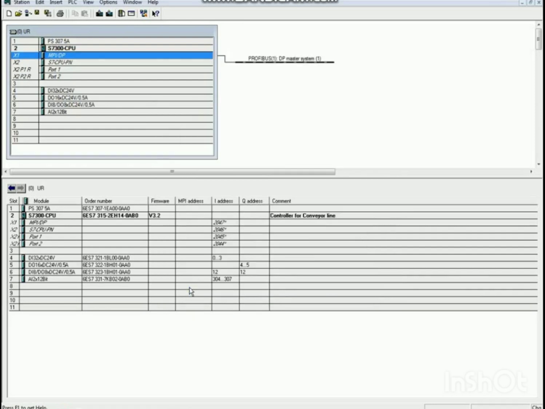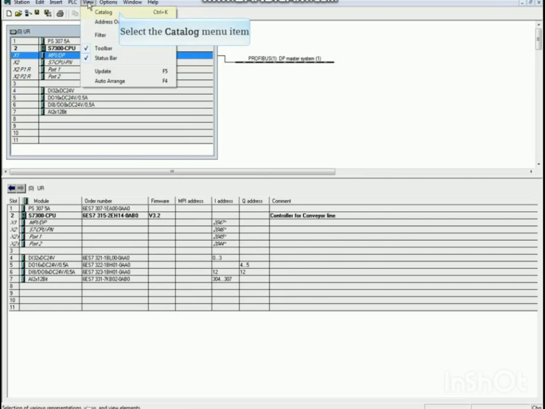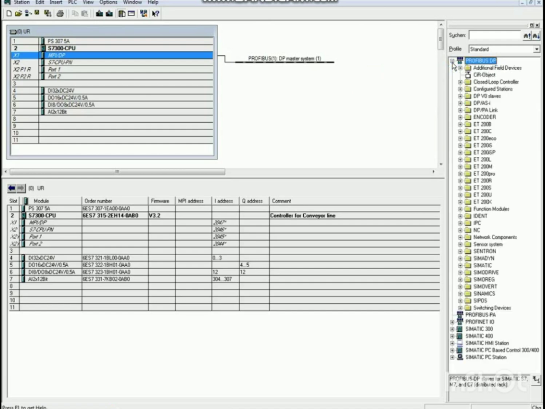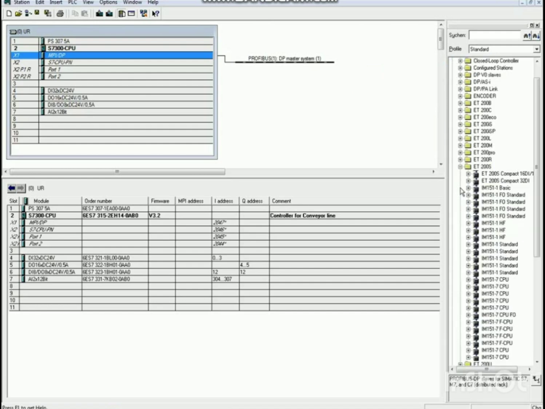If your hardware catalog is not displayed, go to the View menu and choose Catalog. To add the ET200S interface module to the Profibus network, click the plus next to the Profibus DP in the Catalog Standard profile. Drop down the category ET200S. The module in our rack is an